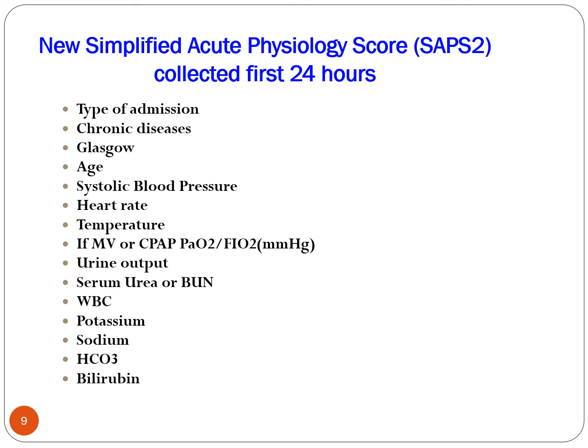They also look at your Glasgow Coma Scale. They look at your age. They look at your vitals, like your blood pressure, your heart rate. They look at your body temperature. They also look to see if you have any history of mechanical ventilation or CPAP use. They look at your urine output. They look at your BUN, the WBCs, potassium, and so on. So based upon all these variables, they come up with an Apache score.